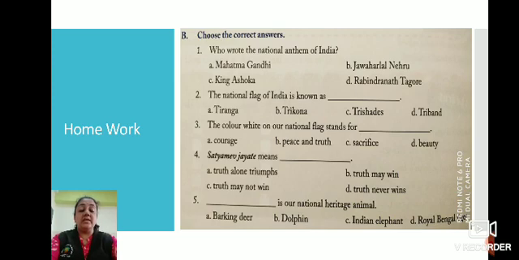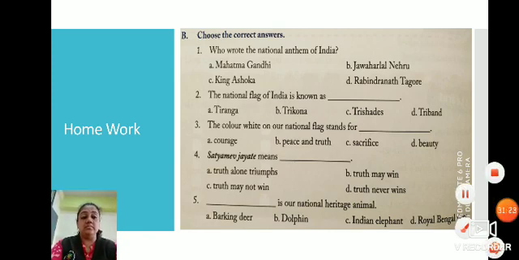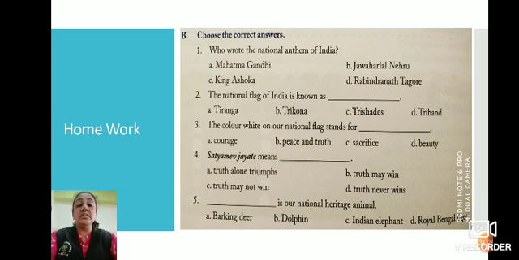Okay? Yes. So children, you have to draw these national symbols on a paper, color it nicely, and if possible, please write down the information about these national symbols. Got it? Okay. So in this way we have completed our first lesson. From the exercise, question A and question B I have taken. Question C and question D are remaining. So in the next period we'll go deep into these questions.